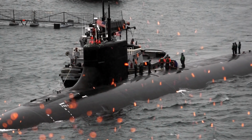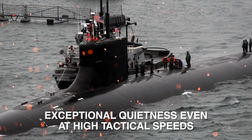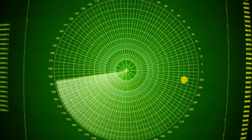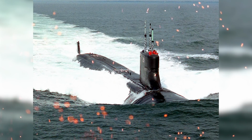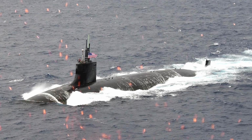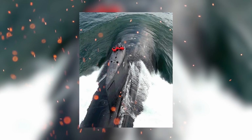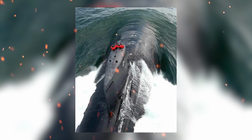One of its most important capabilities lies in its exceptional quietness even at high tactical speeds. Most submarines need to keep their speed down to as little as 5 knots to avoid detection by passing sonar arrays, but the SEAWOLF can cruise at 20 knots and be almost impossible to locate. It is fitted with 8 torpedo tubes in a double-deck torpedo room, and the attack sub can deal with multiple targets simultaneously. The SEAWOLF's ability to make a stealthy approach to an enemy coast is what makes the class so